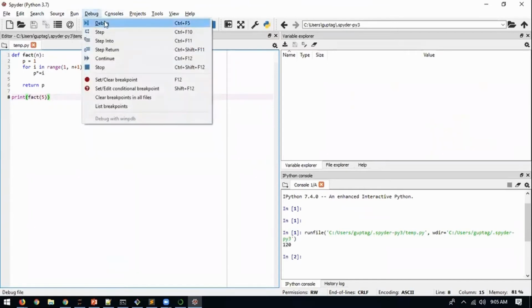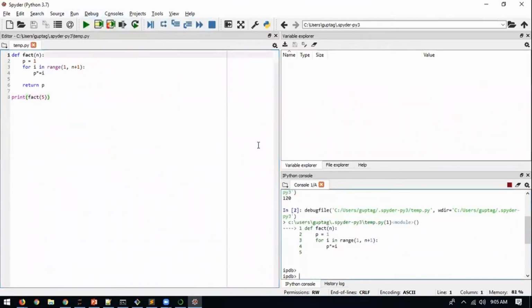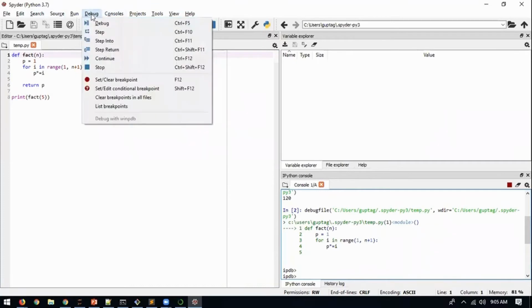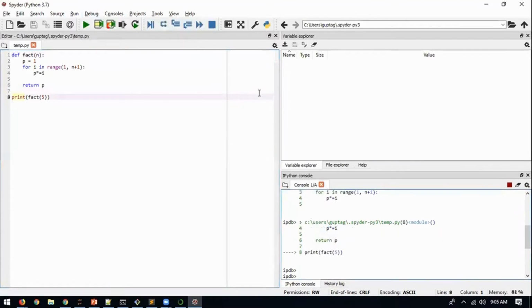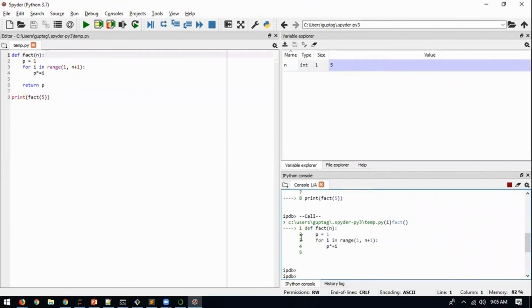So we'll start debugging. Right now it is on line number 1. What is the shortcut for step? Control F10, and the shortcut for step into is Control F11. So we'll use that. Control F10. Which line does it come to directly now? 8. Why? Because this is a function definition, so it doesn't need to execute it. It just reads it and comes to line number 8. But from line number 8, we have to go into the function, so we press F11. It jumps to the function now. You see line number 1 highlighted here, and here also.